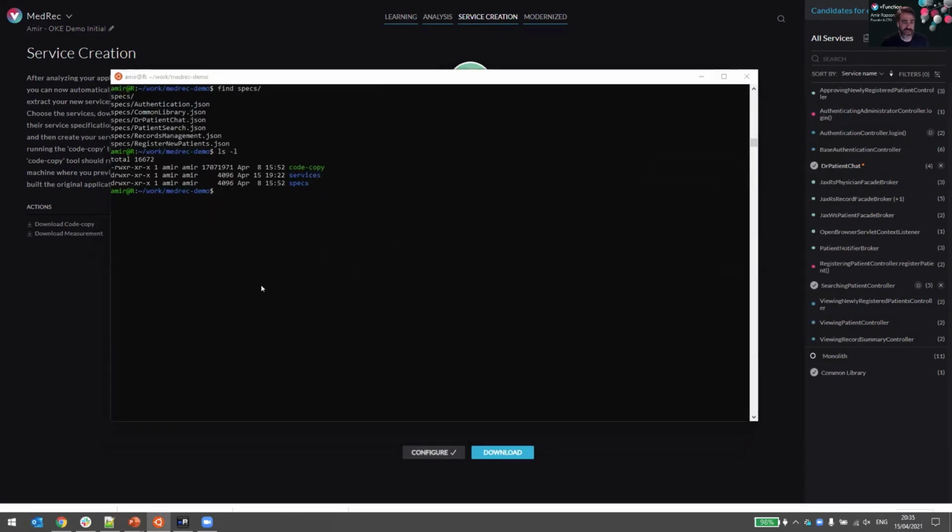So here we are moving to a different window. This is on my local machine just now. I already downloaded the specs, so you can see the spec files. I downloaded a couple more specs. All of these are available as part of our MedRec tutorial kit, so you can start from any place in the tutorial that you'd like. And I hope that you did see that with this interactive platform, you can make informed decisions about how to modernize your Java monolithic application. So I have these specs and I have these services. I'm now going to start